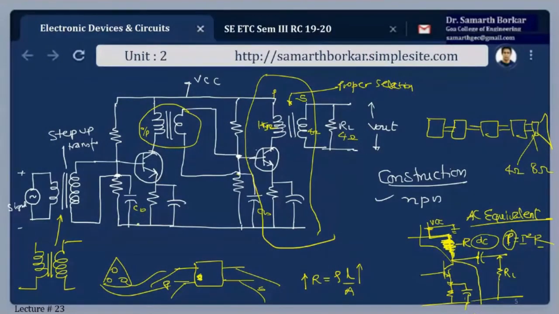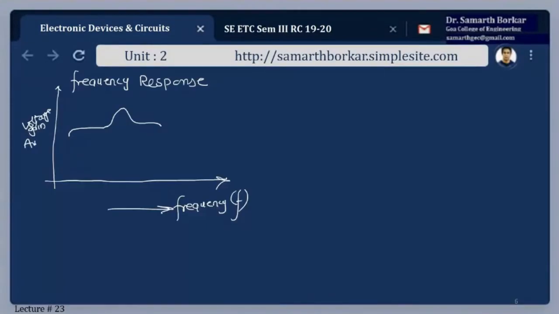Now let us try to understand the frequency response. AV is what? V naught by Vi, and Vi is constant at 20 millivolts. So we just need to check what the V naught is. How do we plot this? Say a serial number 1, 2, 3, 4, 5. Input is set to 20 millivolts. Frequency for the first reading, let us set it to 10 hertz, then 20 hertz, 30 hertz, 50 hertz, 70 hertz, 100 hertz, 200 hertz.